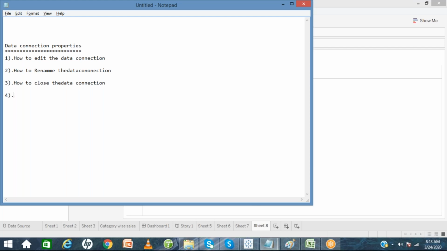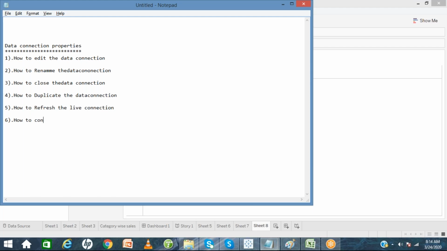Fourth point is how to duplicate the data connection. Okay. So fifth point is how to replace the live connection. Sixth point is